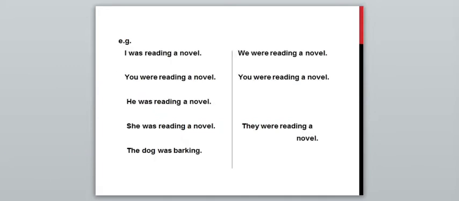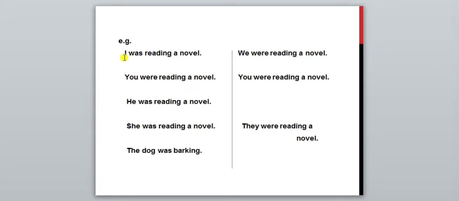So, here I have written some examples of the past continuous tense. Same chart I have made. See, in present continuous tense also, you have seen the same chart. But what was the difference? See, at the place of was and were, what were used? Am, is and are. I hope you are getting me.